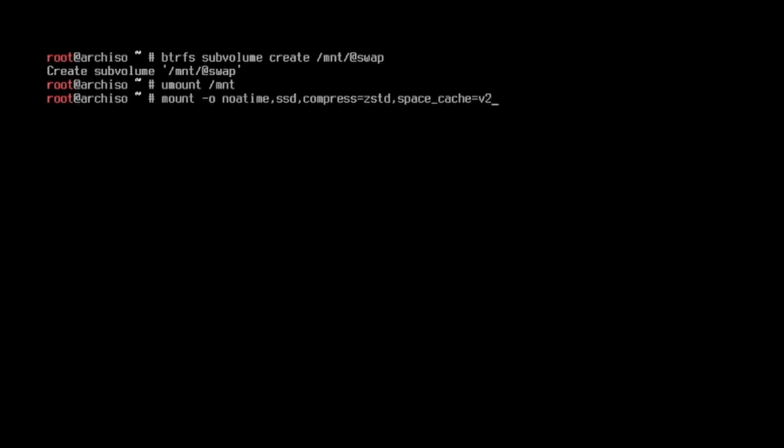And also the good thing is, now we can do this. Also, there is something we can do. We can do discard equals to async. Now all of these are basically just to speed up the drive. As for discard equals to async, these are things that are really great to have, so make sure to have them. And also now we'll do subvolume,